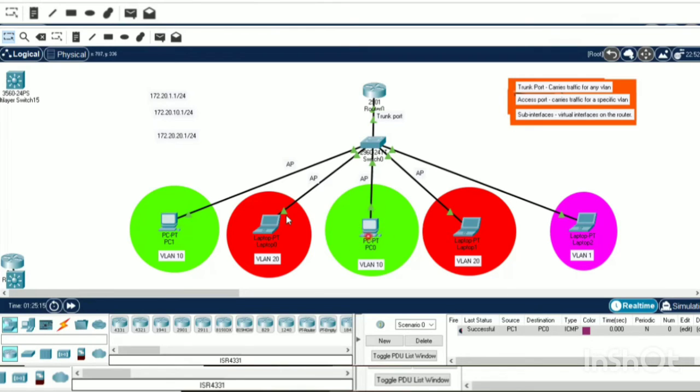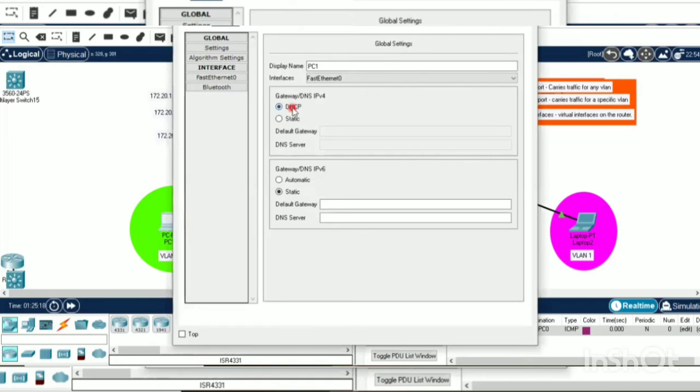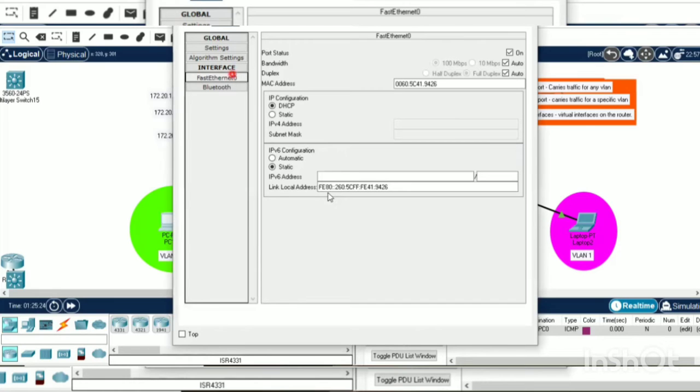I'll show you how it is happening. As you can see here, DHCP is enabled. Here also DHCP is enabled, but they are able to communicate because they have this IP address 169.254.148.33. This IP address is called APIPA, Automatic Private IP Addressing. This range, 169.254, is called the APIPA range.